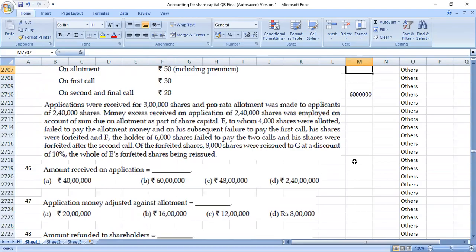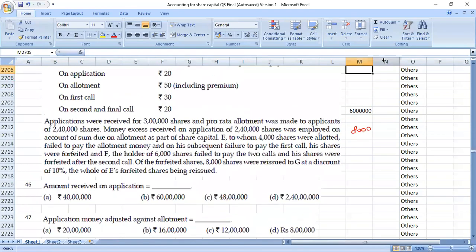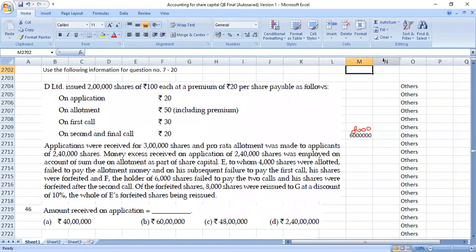Of the forfeited shares, 8,000 shares were reissued to G at a discount of 10%. 8,000 shares we have reissued to G at a discount of 10%. Face value of the shares, if you see, is 100, I think. 100, correct. 100 rupees is the face value of the share. Discount of 10% means we would have reissued at 90 rupees. 9 into 8, 72, followed by 4 zeros. So 7,20,000 would have been the actual amount paid by